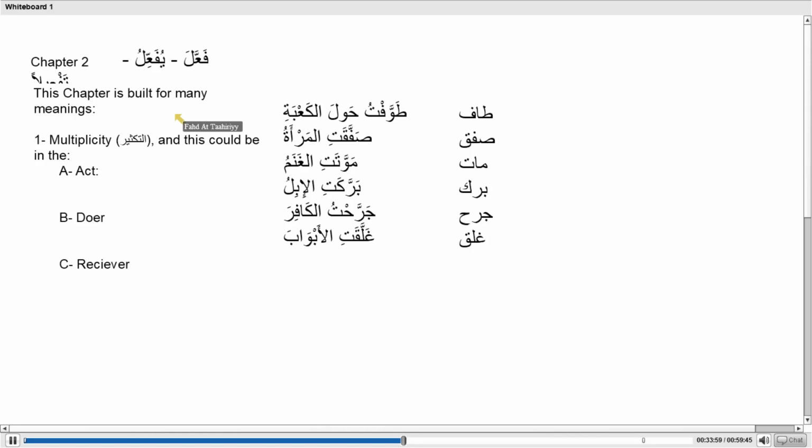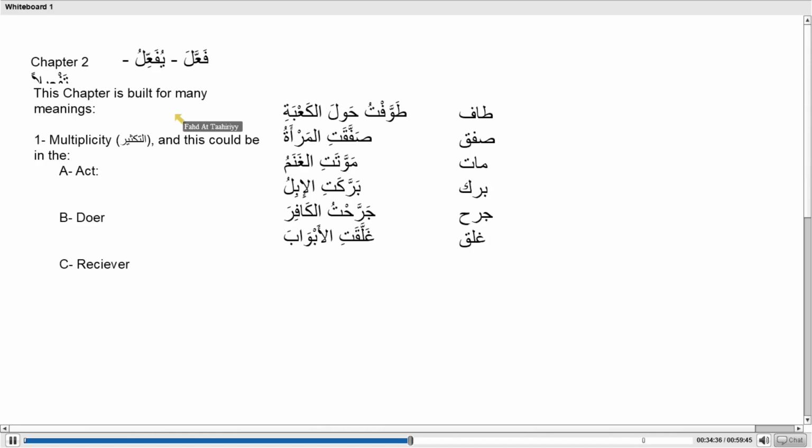If you look at the action from the action itself, regardless who did it, then the action is always multiplied. But the precise question that you should ask is, where was the multiplicity meant to be shown? واضح؟ And then we say it cannot be applied for both doer and the action. واضح؟